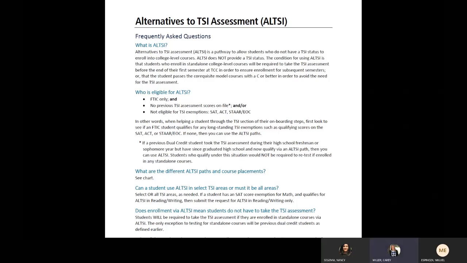STSC is required. The ALTSI can be used for one section only. So let's say a student has an SAT exemption for reading and writing, and they qualify for math based on the ALTSI. They can use that with the understanding that for the math TSI, they will have to sit for the TSI test prior to the end of the first term, unless it is a co-rec section, keeping in mind that they do have to pass the co-rec with a C or better, or they will have to also sit